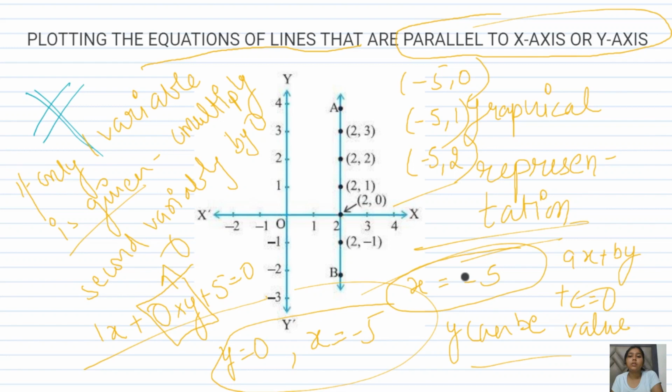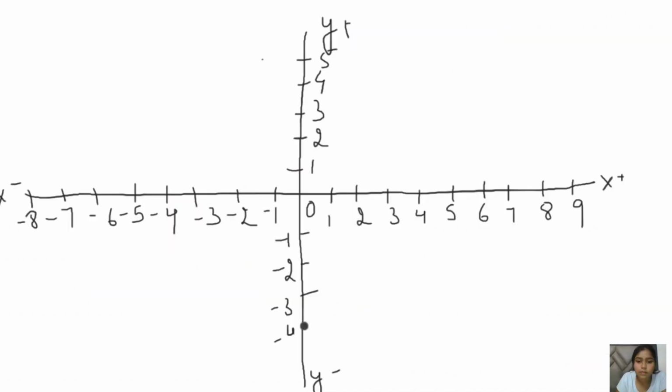Like this, we just have to plot our points with some equal distances. From the previous thing we know that for x equals minus 5, y is equal to 0. So let's plot this here. For x equals minus 5, this is the x-axis, this is the negative x-axis, this is the minus 5 point. Let's make a dotted line, but y is also equal to 0. This is where y is equal to 0. So this is the point minus 5 comma 0.